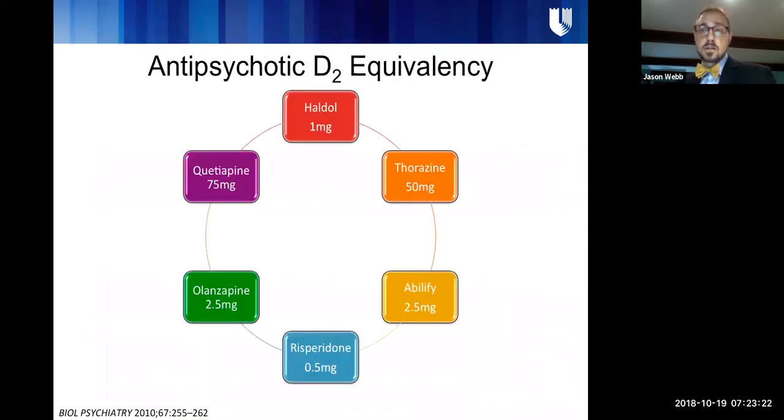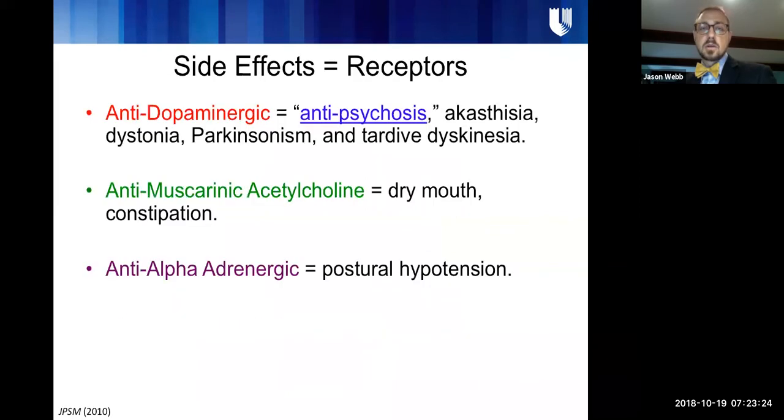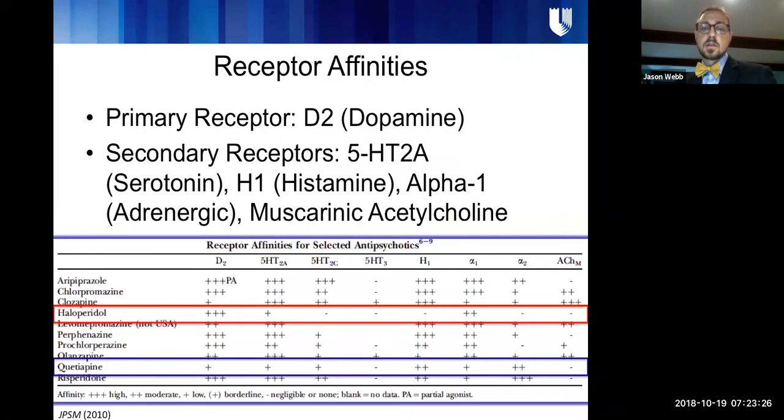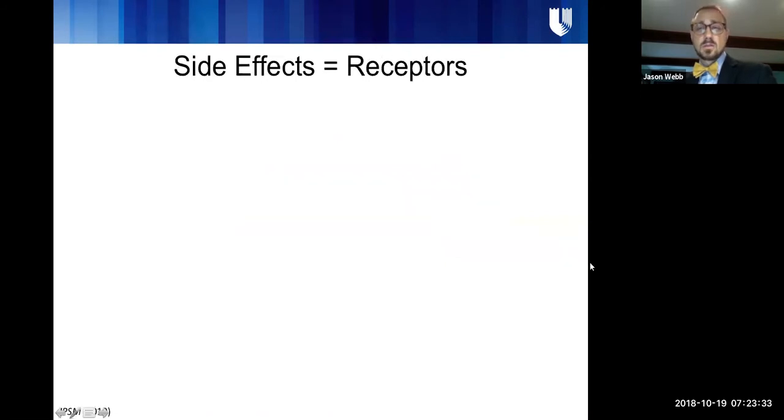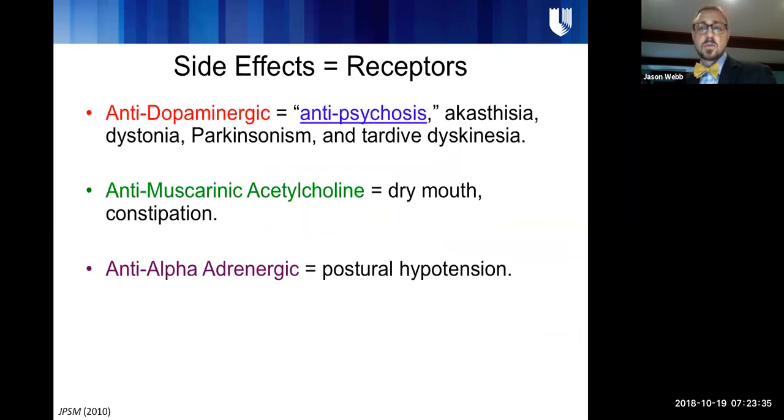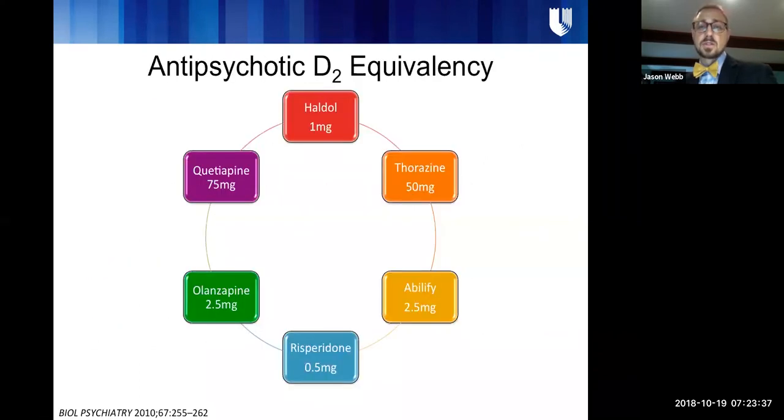Now, one thing that I talk with my team about a lot is, again, going back to this slide where there's these large variabilities in the way that these drugs target different receptors, is that they're not equivalent. They're not like opiates. You can't interchange them one-to-one because they don't just target one receptor system. And so if you try to think about equivalencies between any of these, it's really around how they target the dopamine receptor. And I've got two different slides here, one that works more in whole numbers, and I'll switch to that.